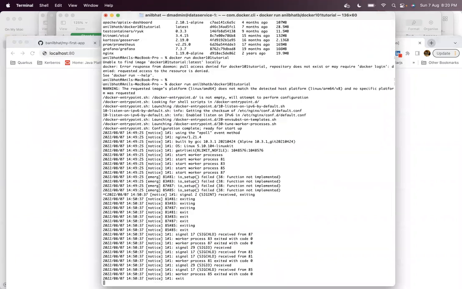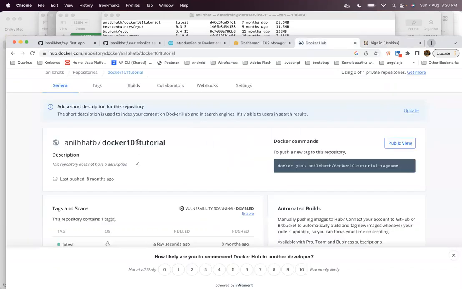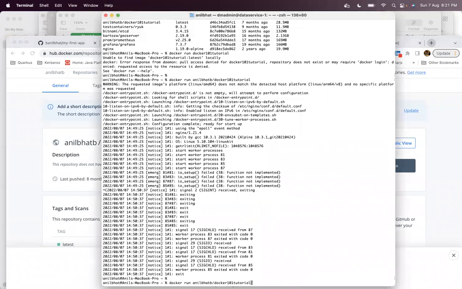Okay, so let me explain again. I had this particular Docker image. You can push the Docker image with the command docker push, and you can pull the image from your repository to your local machine by executing the command docker pull.